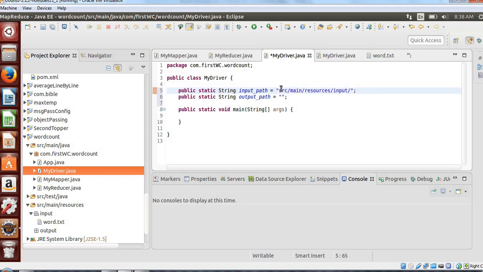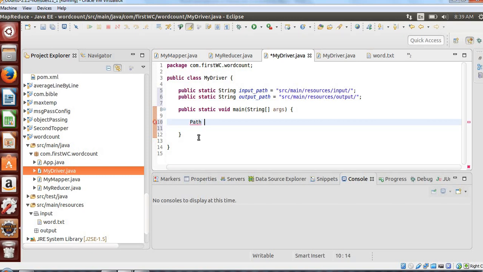Then the output is the same, the only difference is that you have the output folder. So I'll do the same. This is your path that you need to add. This is a string, so let me convert it into a Path.